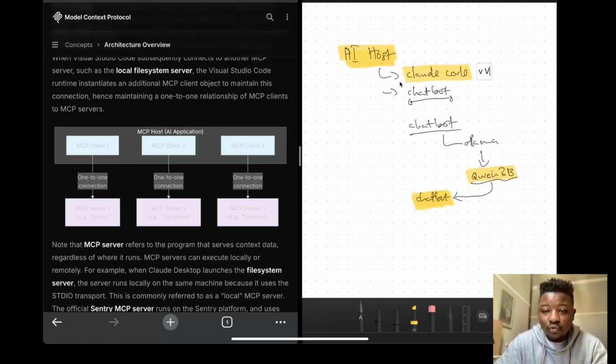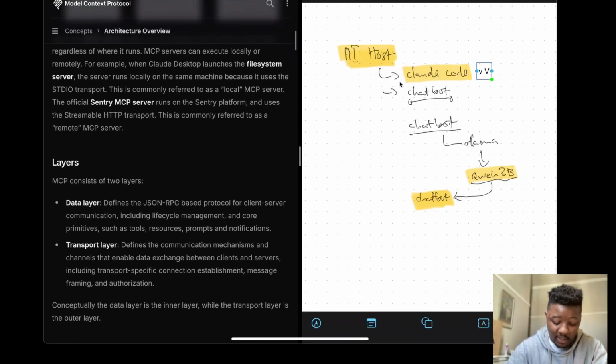How are these tools built into the MCP server? MCP has a couple of layers. There's the client side, then there's the server side. So let's talk about the server side. The server side consists of two layers, which are the data layer and the transport layer, which serves the client and the server. Remember the web